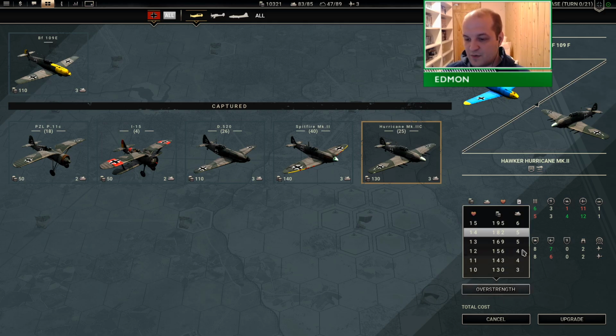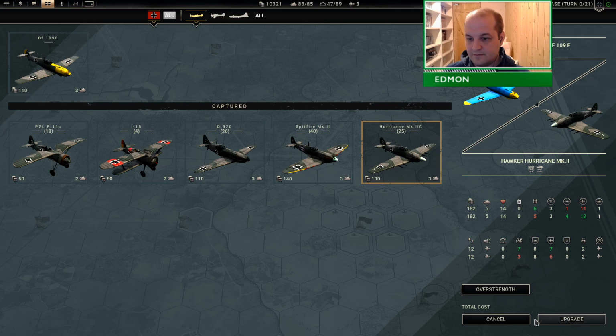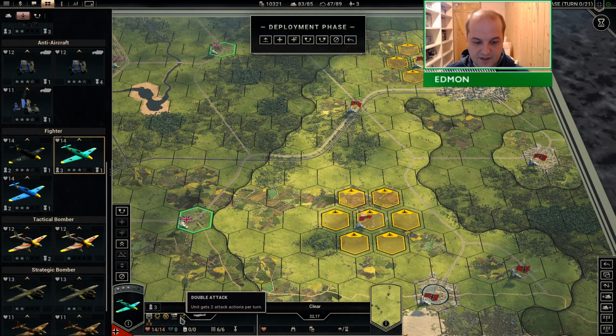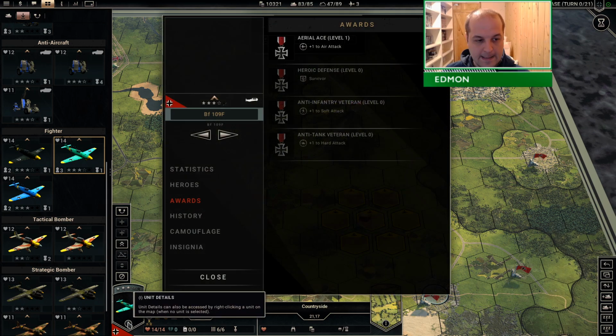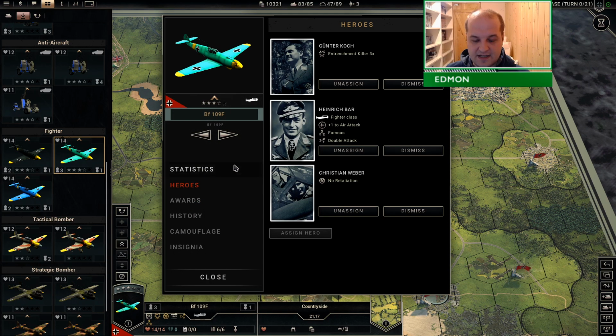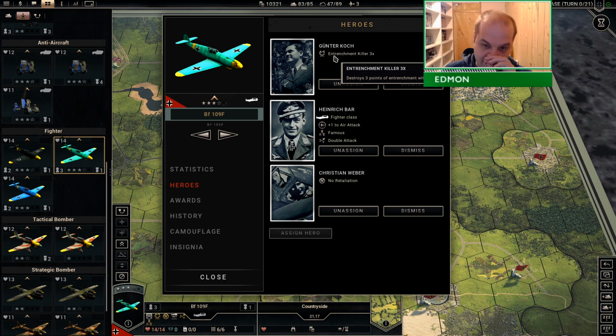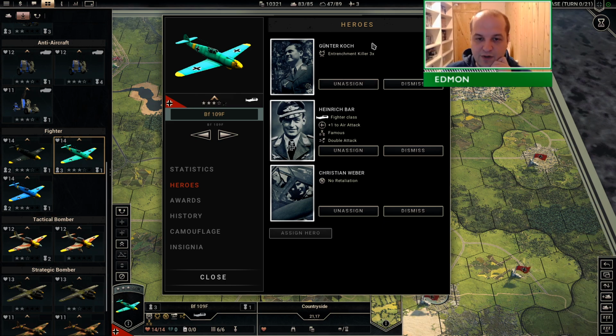And that was where the thought came to me. So Bar, because he's got double strike, I put Entrenchment Killer on him, because attacking twice, he can double the benefit of Entrenchment Killer. When he is done killing all the enemy's aircraft, I could then put him into a secondary role of Entrenchment Stripper. But